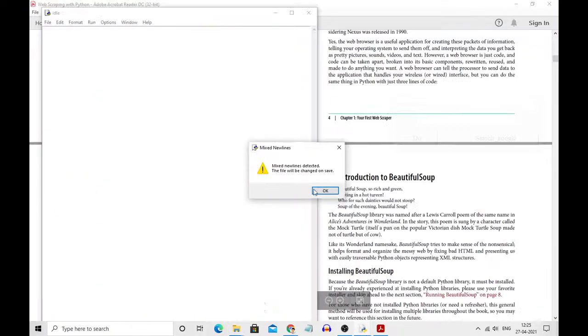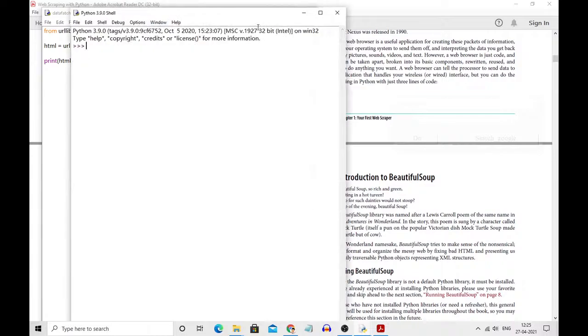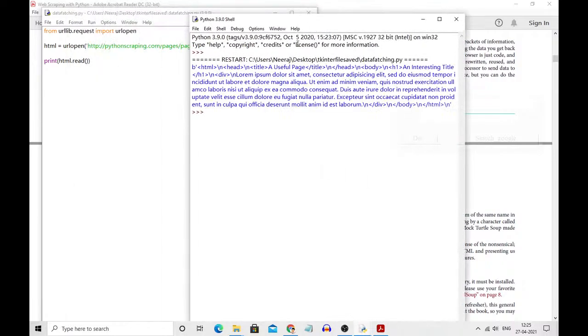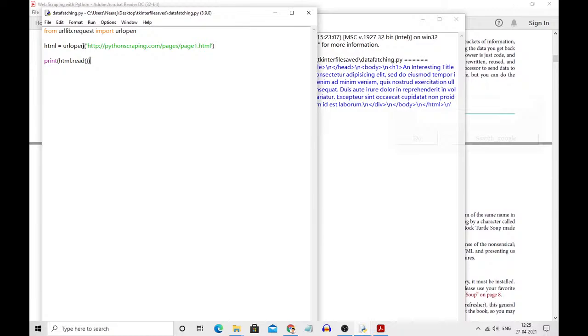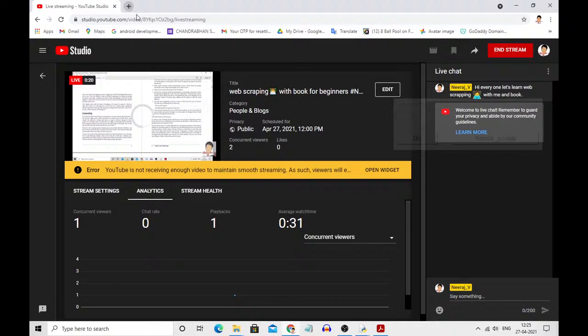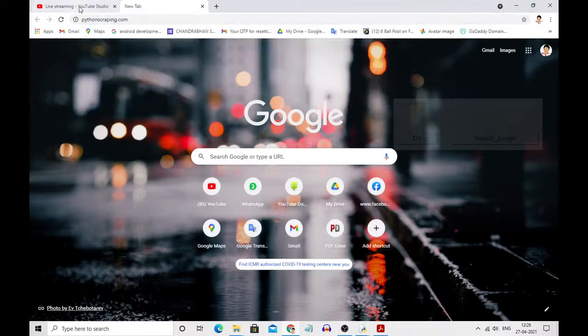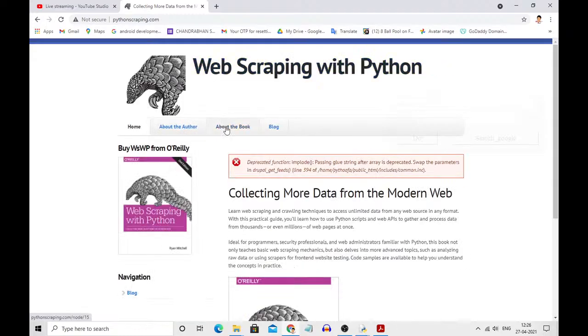So here is the data. So here is the file where we can fetch all of the information. This is the data where it will fetch all the data. So you can see it opens the HTML pyscraper.com. This is the website. Let me visit here first of all. When I go here, then it will